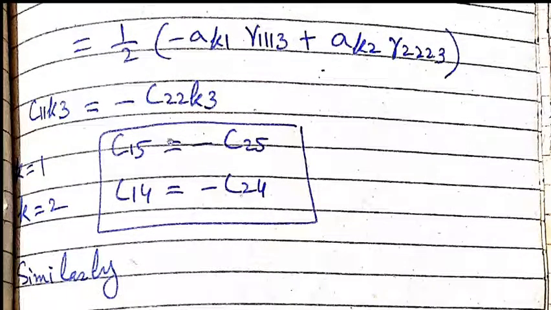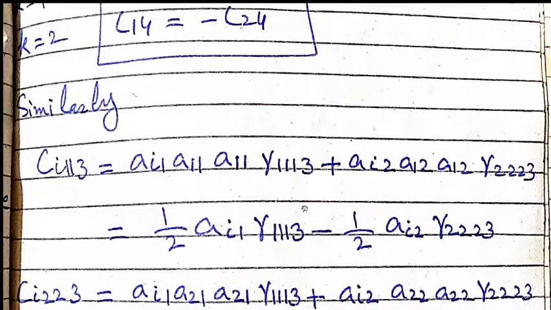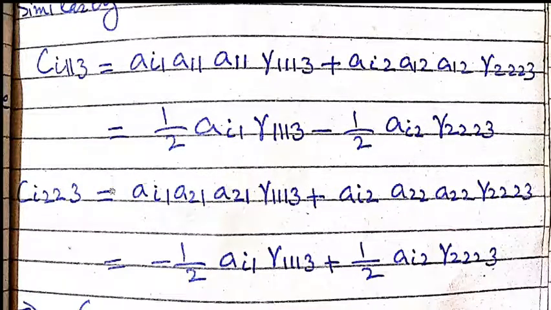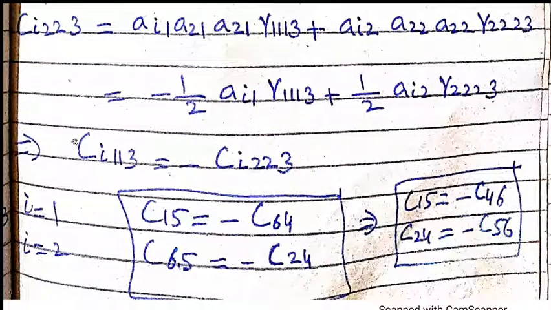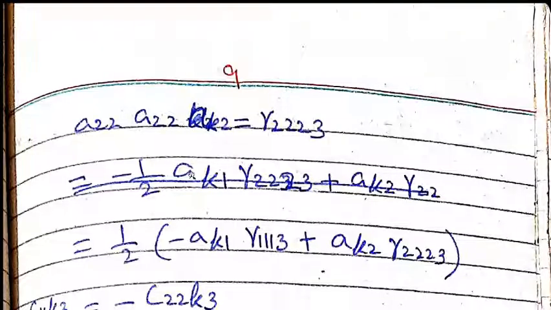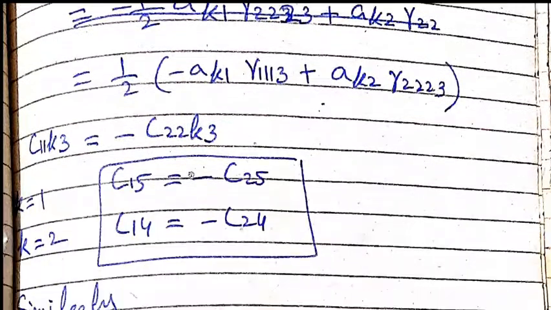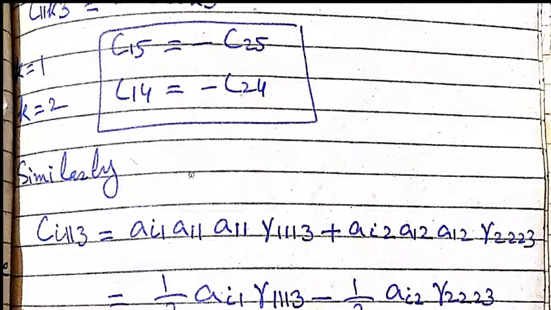So it would be this. K could be 1 or 2. It can't be 3. Similarly, you have this, that if j and k is 1 1, j and k is 2 2, then we have this result again. Again I could be 1 or 2. Similarly, we have this result.